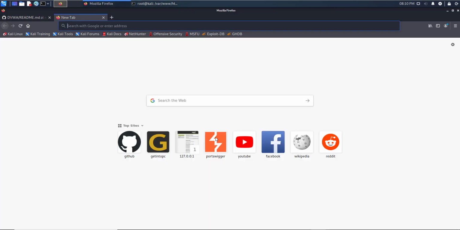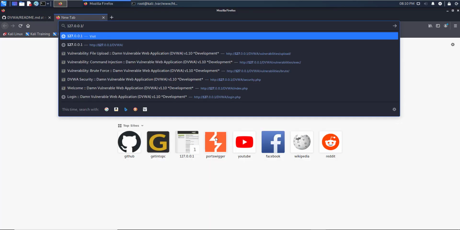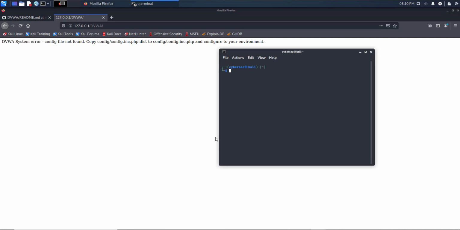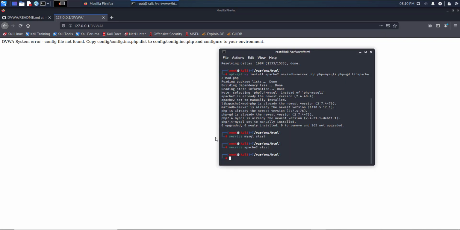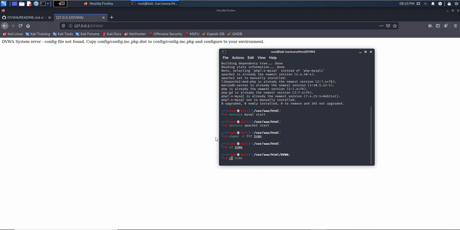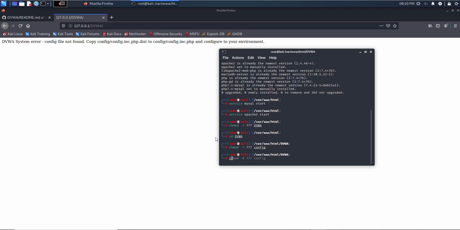Okay, so now if we go to our localhost/DVWA, you're going to see that we have a config file not found error. So what we have to do is change the permissions for the DVWA folder. This is the command, hit enter, and now cd into DVWA. And I am also going to change the permissions for the config folder. So here we go. Now if we go to config,